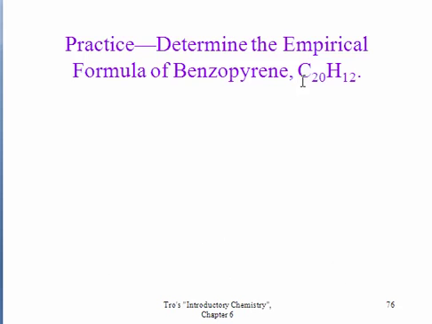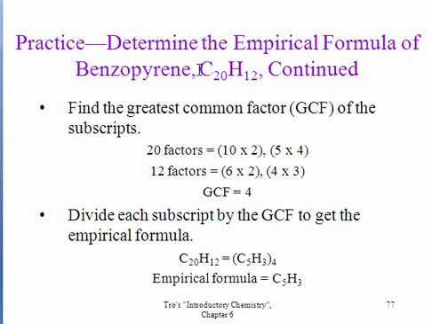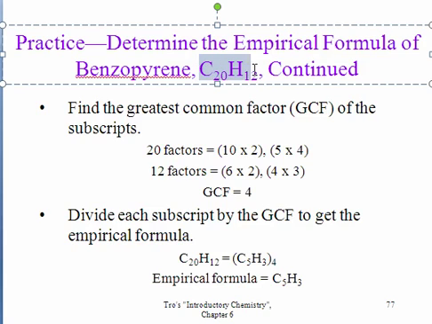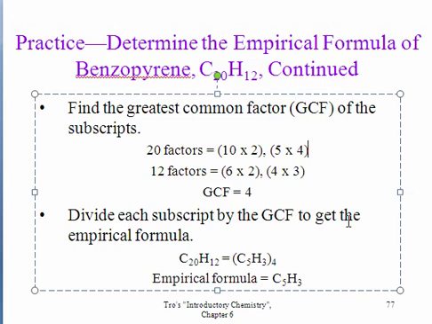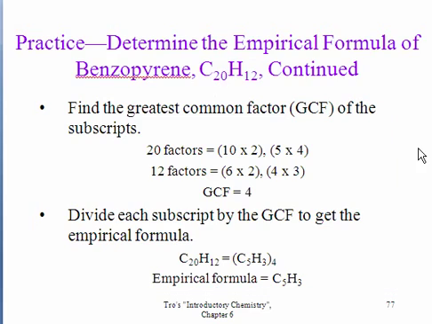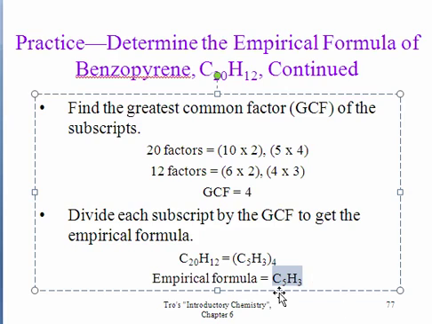So see if you can determine the empirical formula of this compound, benzopyrene, C20H12. To determine the empirical formula, we're going to look at the largest number that goes in evenly into 20 and 12, otherwise known as the greatest common factor. The largest number that's going to go into both 20 and 12 is 4. When I divide 20 by 4, I get 5, and when I divide 12 by 4, I get 3. So here's our empirical formula,